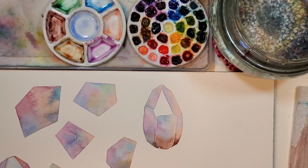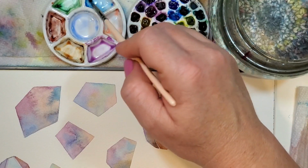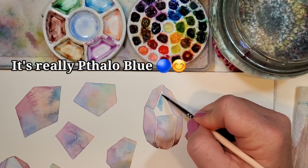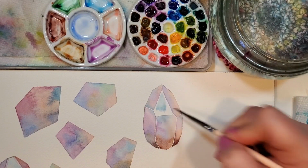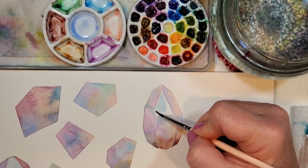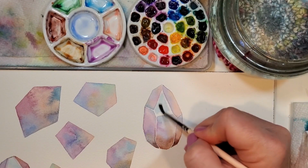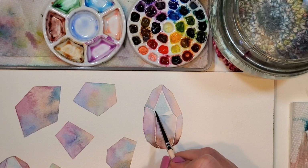So one of my favorite ways to create the lightest areas within these crystals is to use pretty much a cool colored blue, which here I have phthalo turquoise, and I lay it in pretty wet, move the color around, and then take some out if I need to. But it just seems to, even if no matter what color you've used around here, using this really bright, vibrant, cool blue really seems to draw the eye